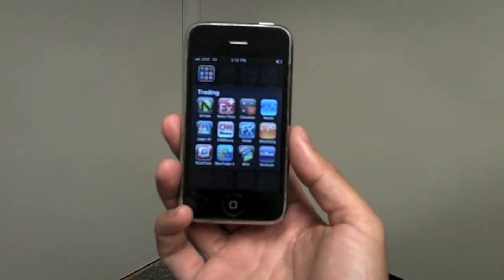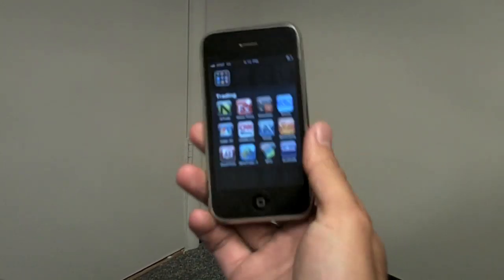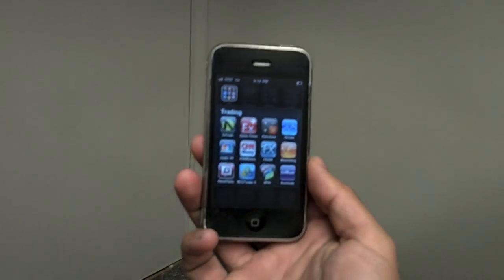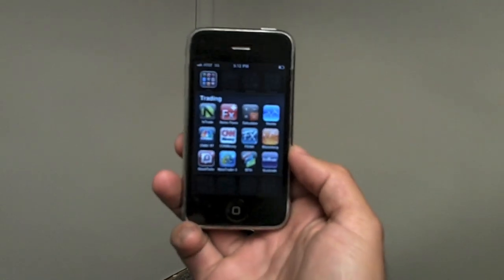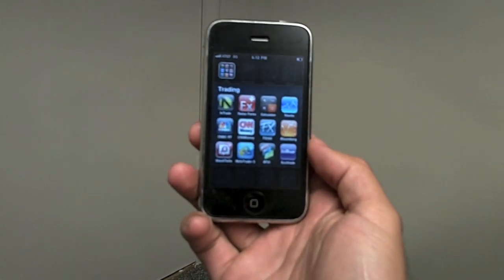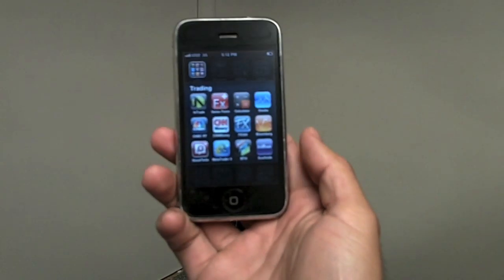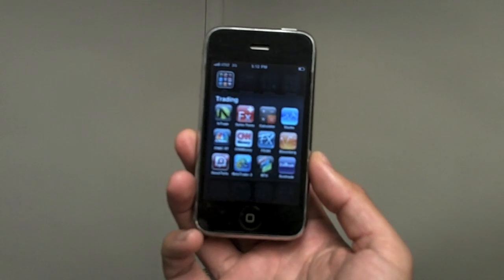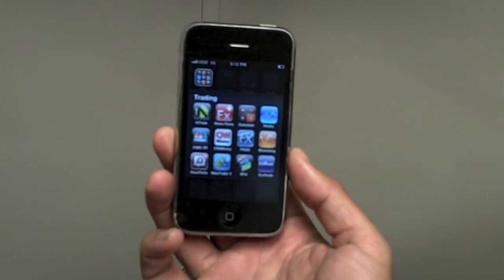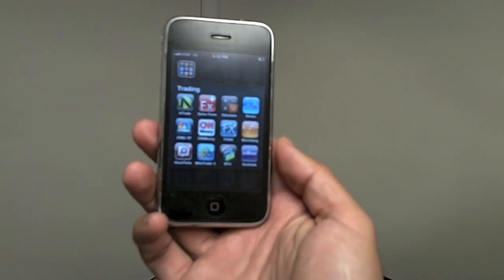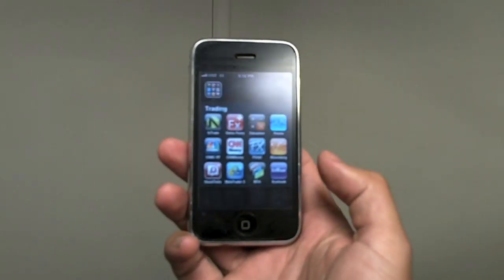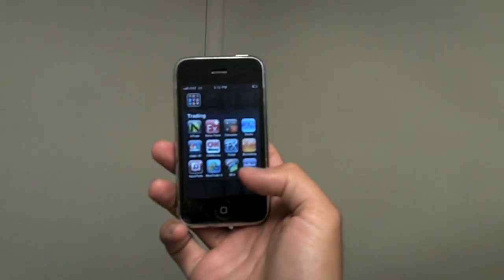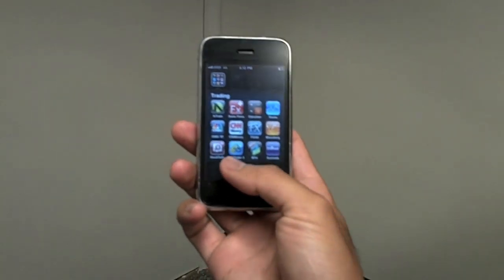If you saw the last review, I wasn't too happy with it. I thought it was okay, but it was just kind of a mediocre charting app for Forex, and I thought they could really do better considering their desktop software is so good. But I recently got a notification that they have a new update, so I downloaded it and let's check it out. Okay, so I'm going to launch it here,